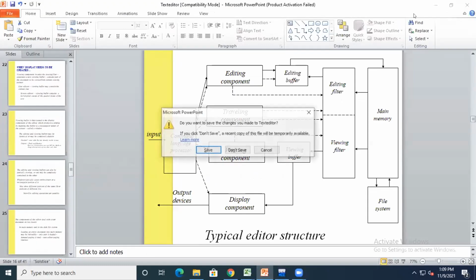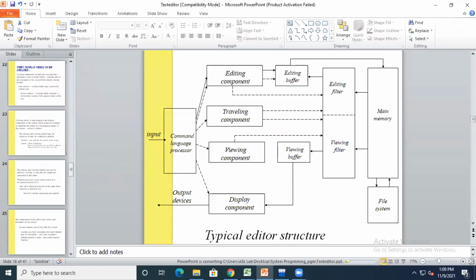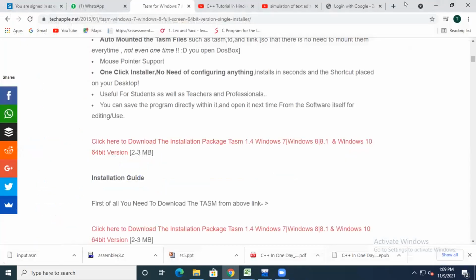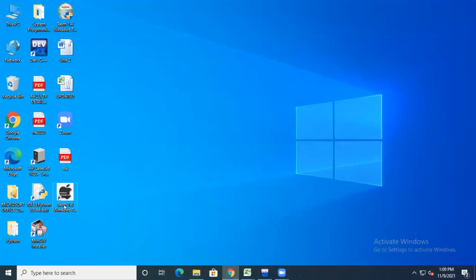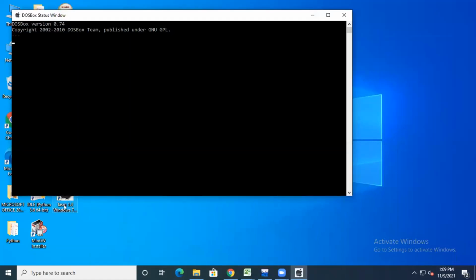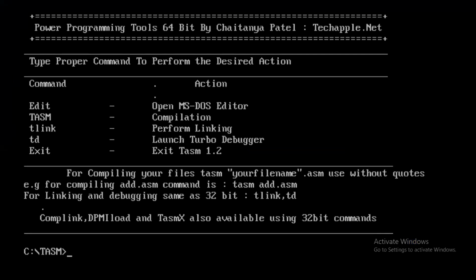After completion, you can see on the desktop it has been saved. After clicking on that, you are visible with this window. Yeah, these are some commands actually. The first of all,